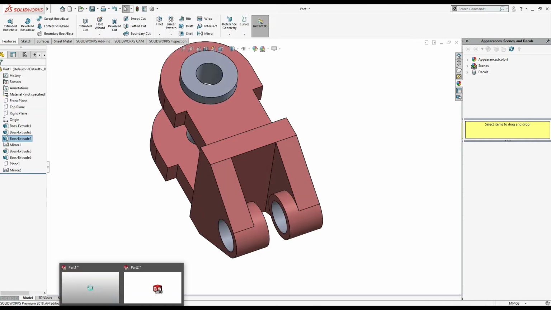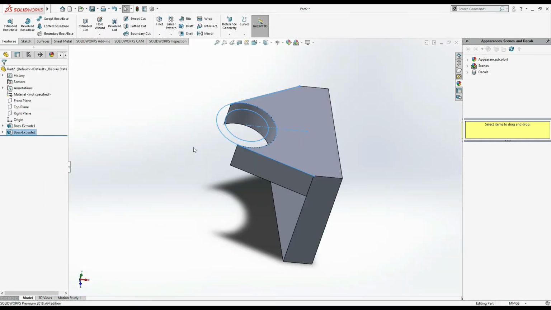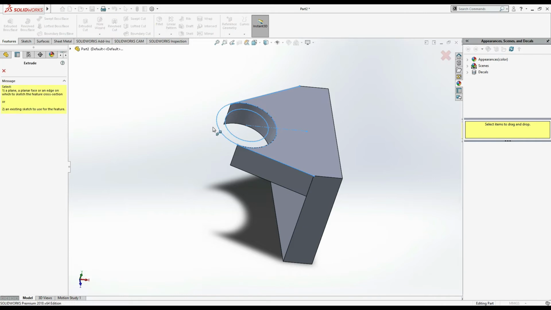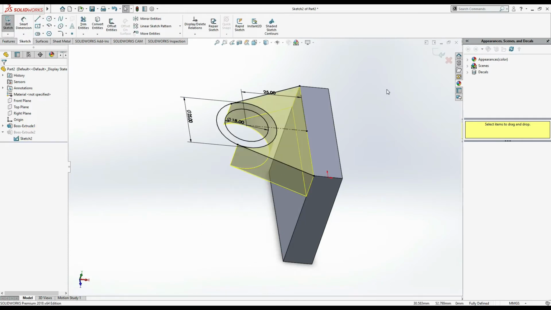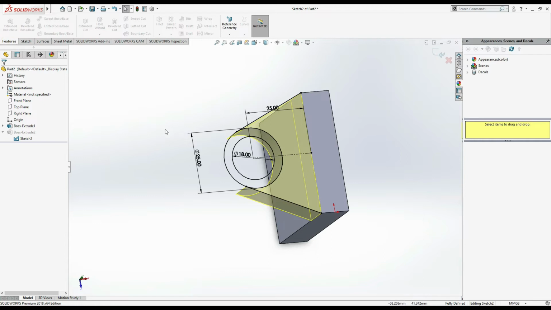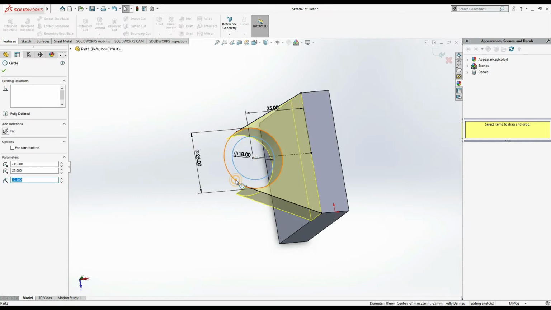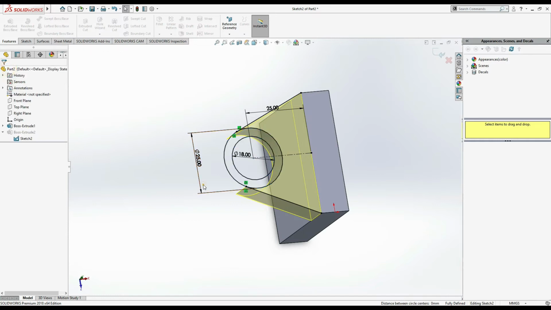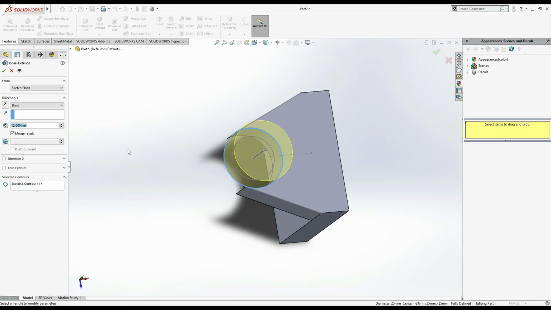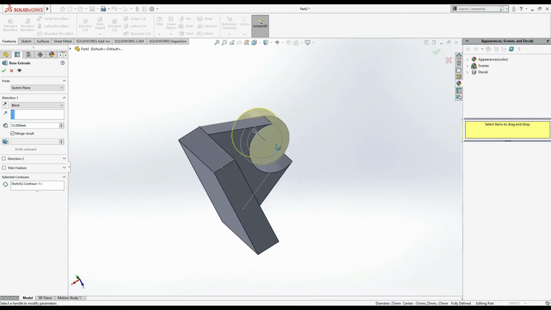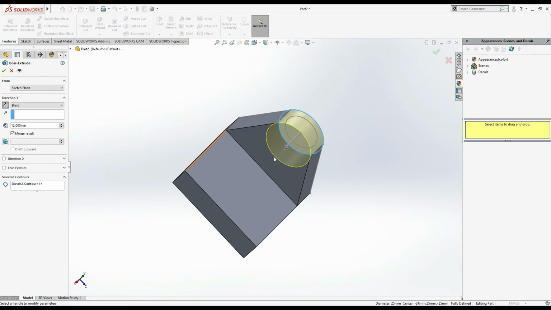Okay, and now we have to extrude it. Features: extrude. First select sketch, edit sketch. Now features, select these two circles, show, select these, extrude boss base, extrude again, reverse direction, and furthermore